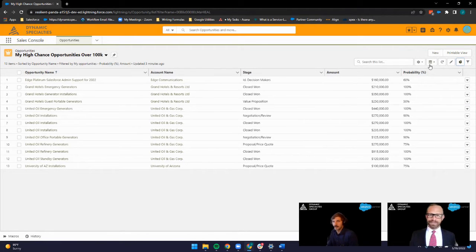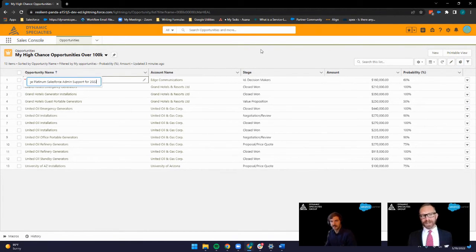Yeah, certainly. So inline editing is actually just right back at the top right corner. It's a little pencil. And we'll see if it lets us do this, because for inline editing to work, you have to be filtering by a single record type. Yeah, that's a good point to bring up. The pencil will be grayed out, and you'll have to sit there and wonder why can't I do that? It's because there are multiple record types in your list view. But right now we only have one record type in this list view, so we're able to click on it,